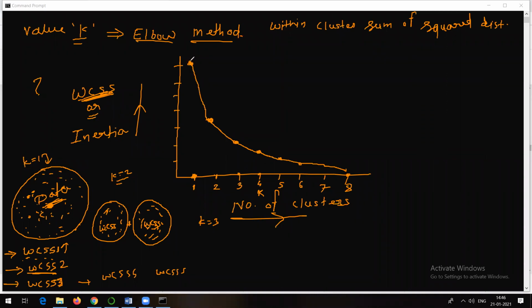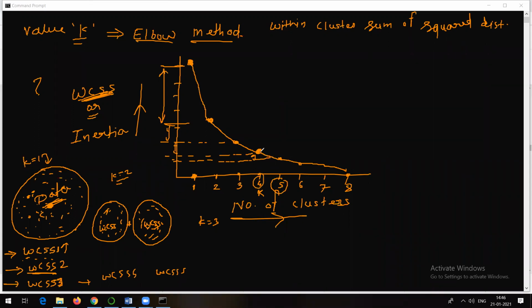I mean to say, for k equal to 1, WCSS is here, and for k equal to 2, WCSS is here. So the change is very high. After that, for the next value, yes, change is somewhat low. After that, yes, it is again low. And after this point, the change is not that much steep. It is not that much rapid. It is very, very negligible. So we need to find out such a point after which the change in the WCSS value is not that much rapid. So in this case, you can go for the value of k as 4 or maybe as 5.